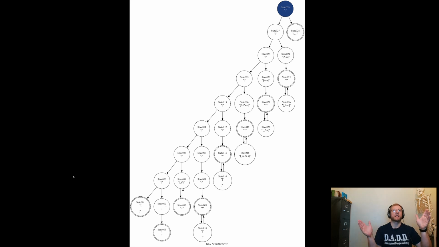So this is our NFA, that file. Here's our new line carriage return, or a new line followed by a carriage return.